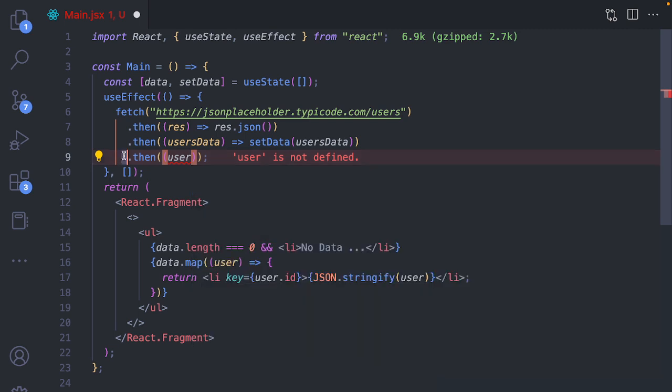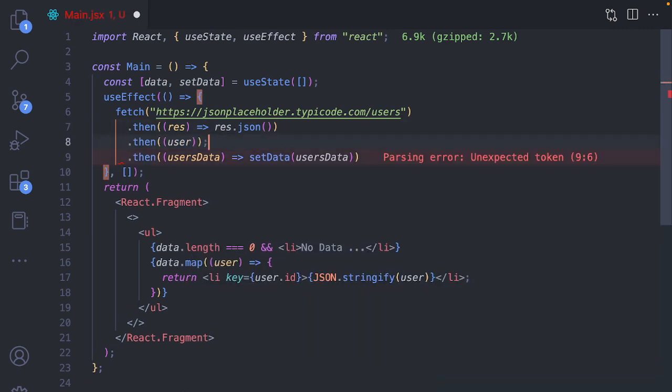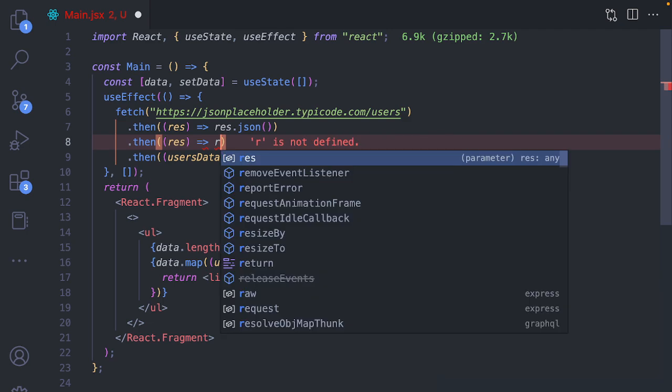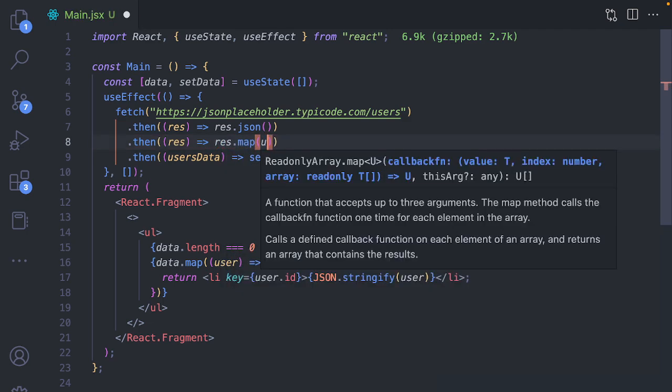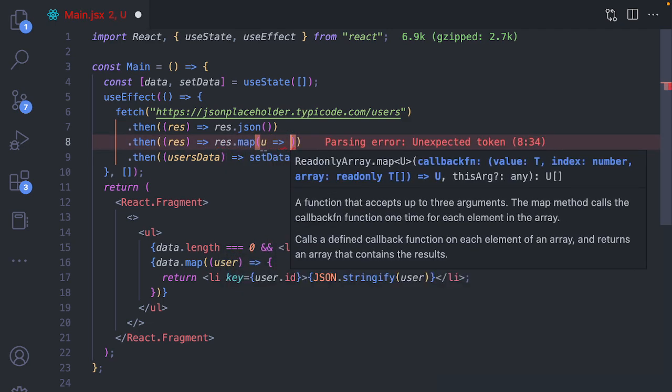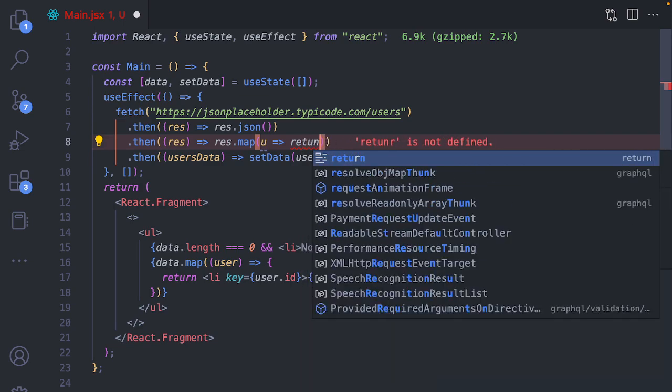This end block should be entered over here, but before this, now I want to transform my data. How can I do that? Here I get the response, and now I want to do a response dot map where I get an individual user, and now I want to return